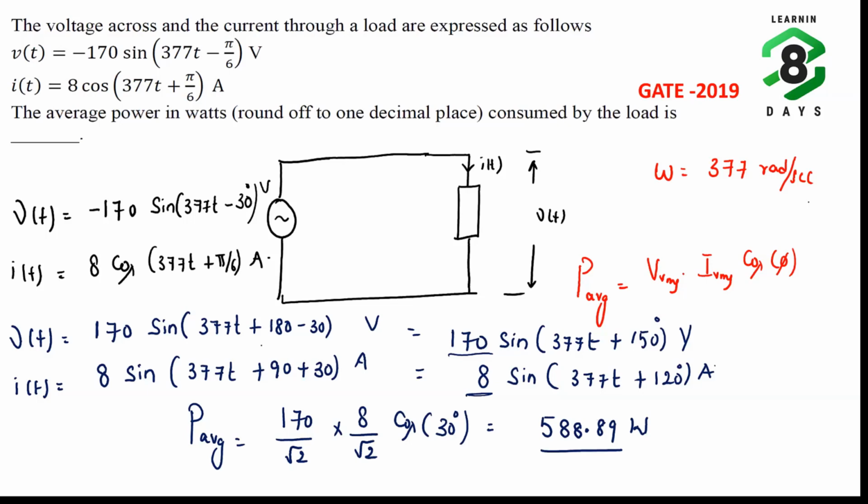Understood? So gentlemen, here the solution is not important. The concept you have to learn is that when you are treating two signals, you have to ensure that their polarity is the same, their frequency is the same, and the nature of waveform is the same. Then only can you directly apply any power formula. Even while comparing phase angles, you have to ensure all these three conditions are intact.